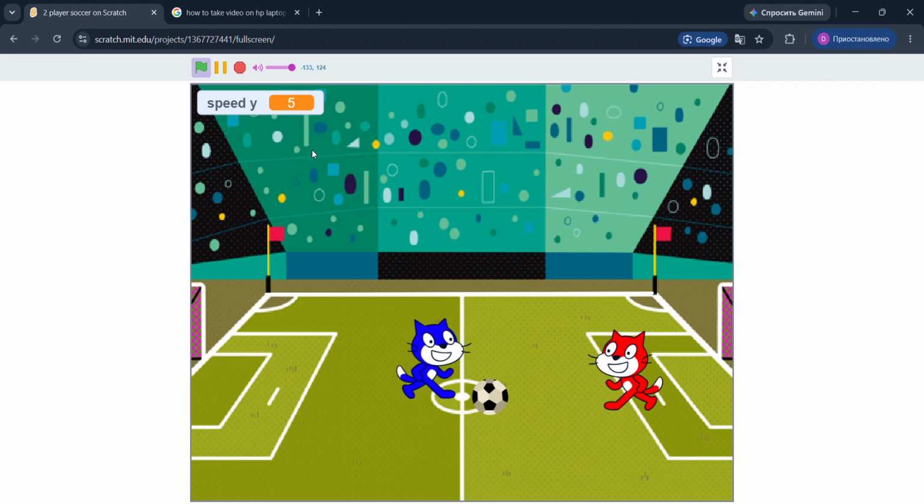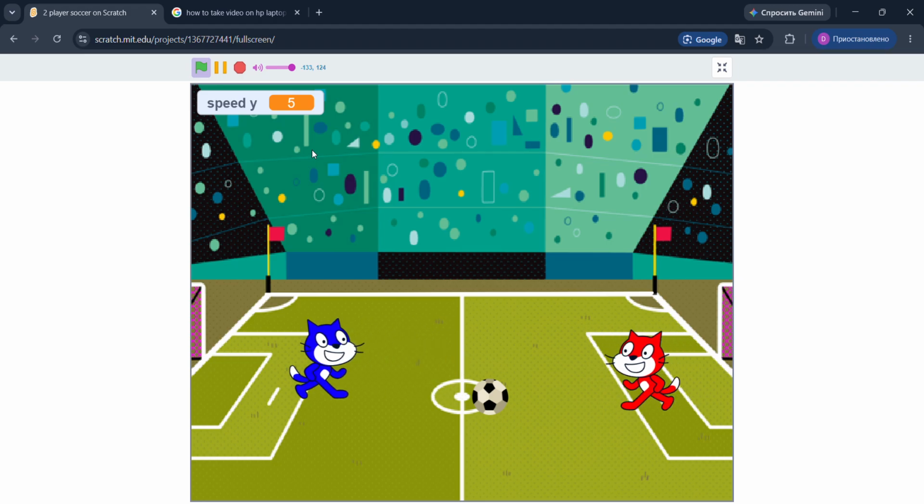And operate the blue. WASD is to operate the blue player.